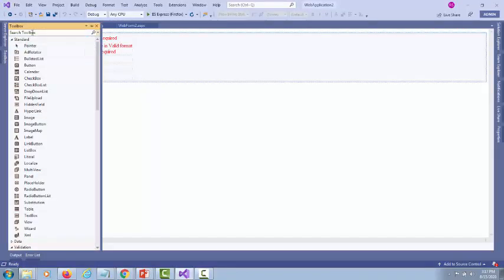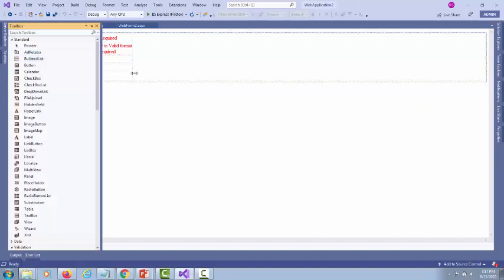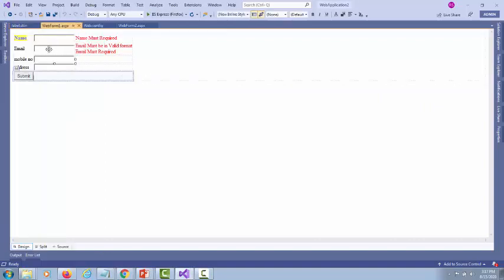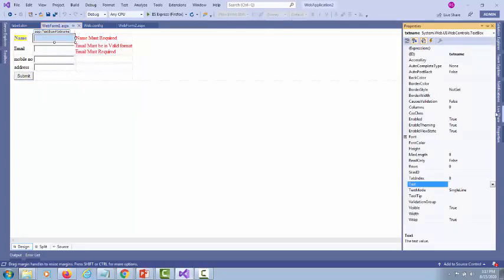First, I created one form: name, email, mobile number, and address. All of these are text boxes. Here, I went inside the properties and gave the name, or we can say the ID, of the control.